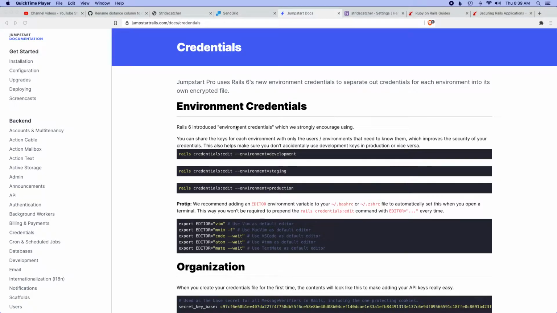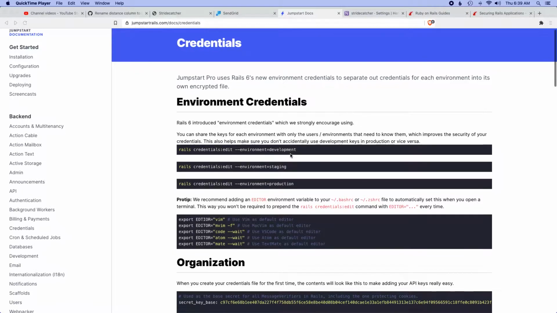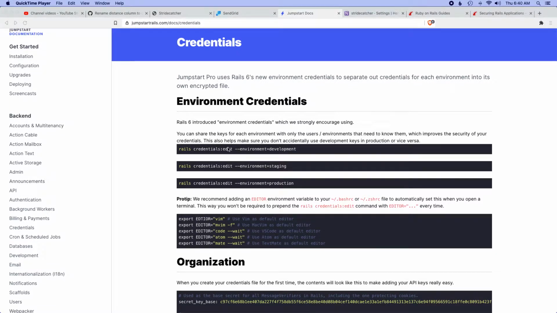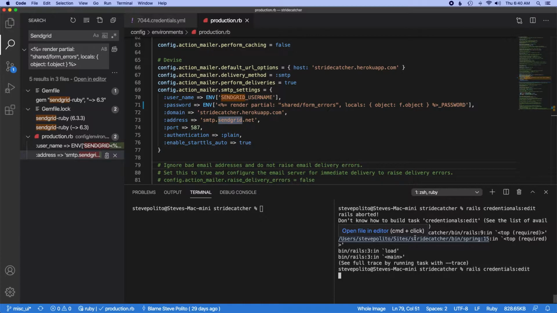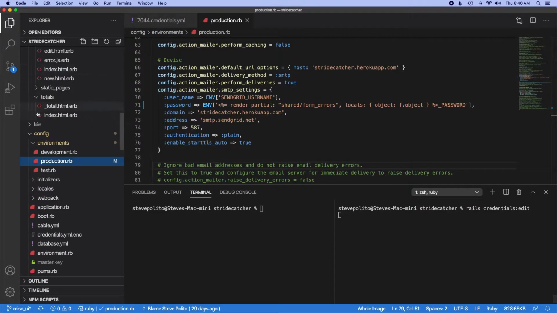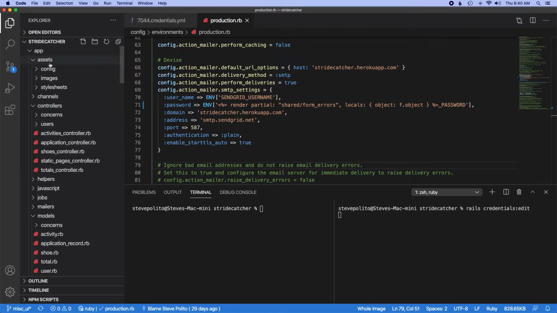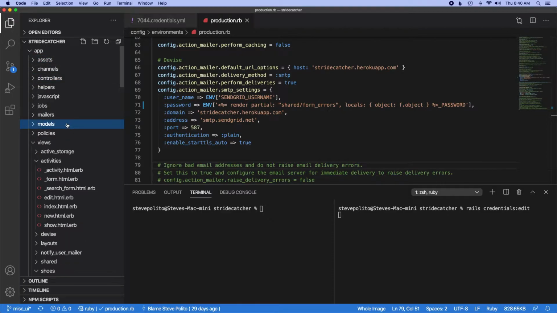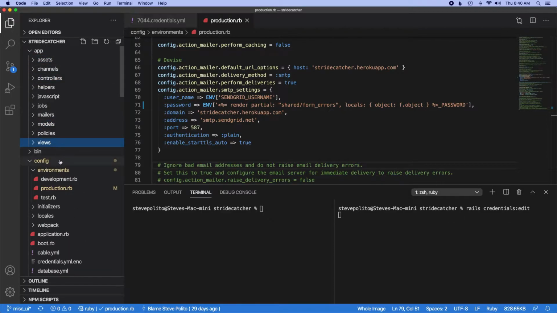And this is actually a good excuse for me to show you how to use credentials in Rails. I'm getting a lot of this from the Jumpstart docs because this is super helpful. But essentially what I want to do is run in here rails credentials edit. Where are we here? App. Okay, so in config,